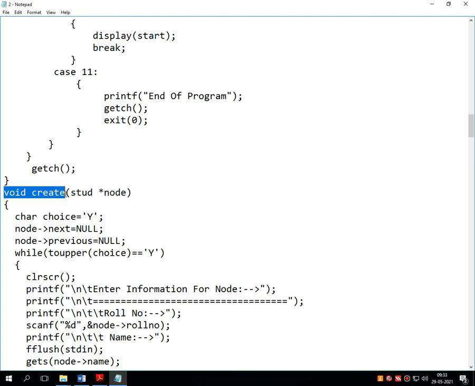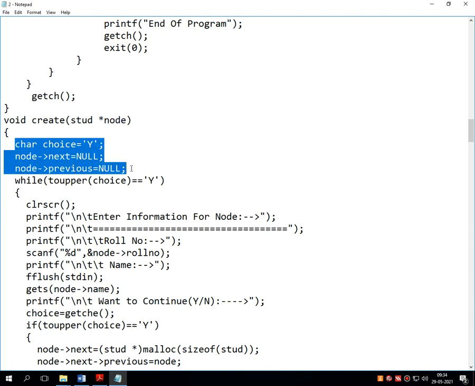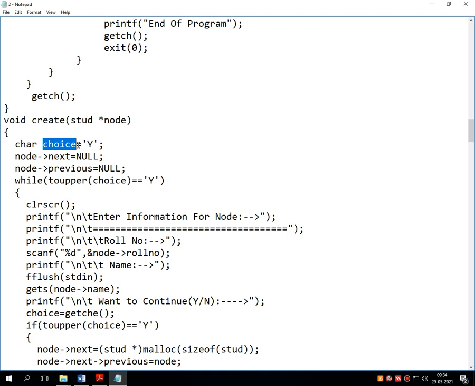So in the create function, a new node is going to be created, but before that there should be a variable declaration, where I have written choice equals y. If I wish to continue the creation of the linked list every time, at the confirmation I have to give y.